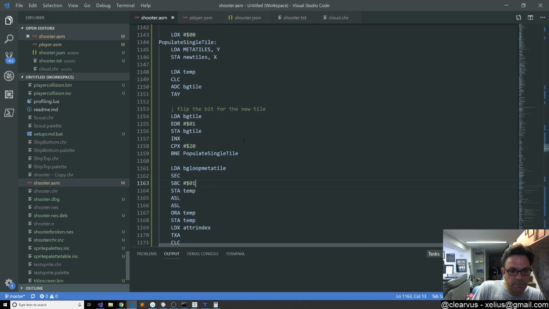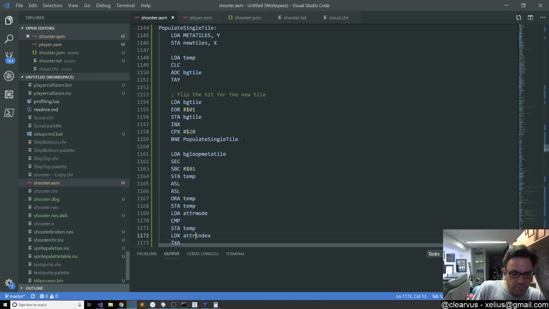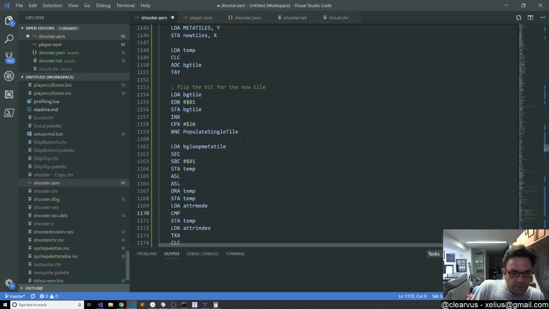All right, and then based on the attribute mode, we also need to determine if we need to shift this more or not. So we've got the lower 4 bits set here, and then load A with attribute mode and then compare it. We'll store it temporarily there. Load A with attribute mode, compare against